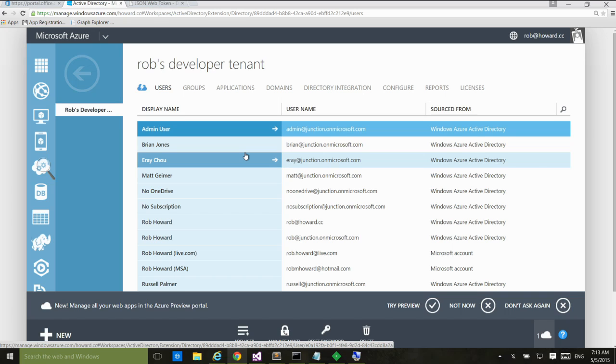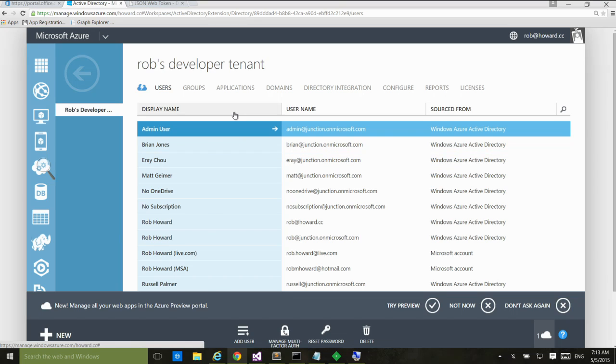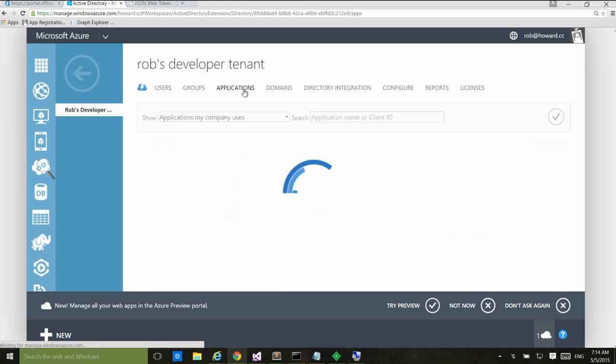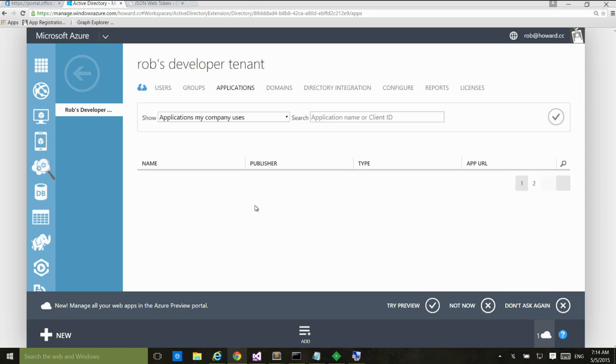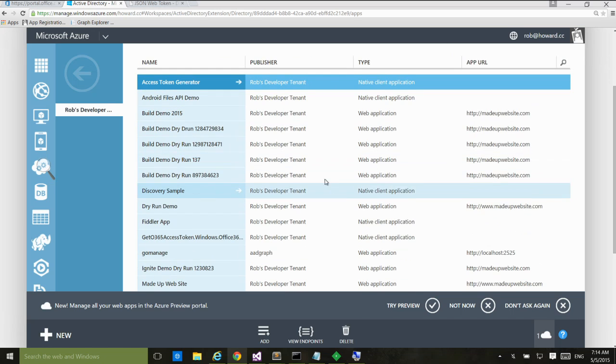So this is the underlying directory system for Office 365 that, if you're just staying in the admin portal in Office 365, you may not even really know exists, because you can do all your user and group management tasks from there. One of the things that's not there in the Office 365 admin portal is a way to manage applications. So I'll go to this Applications tab, and you'll see a bunch of applications that are in my tenant,